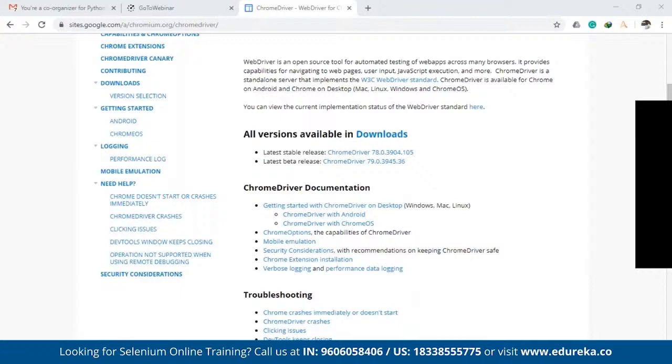But now with WebDriver, they have removed that server need, right? So now it directly communicates to the browser, but it cannot directly put the same commands for the browser, right? So there has to be some